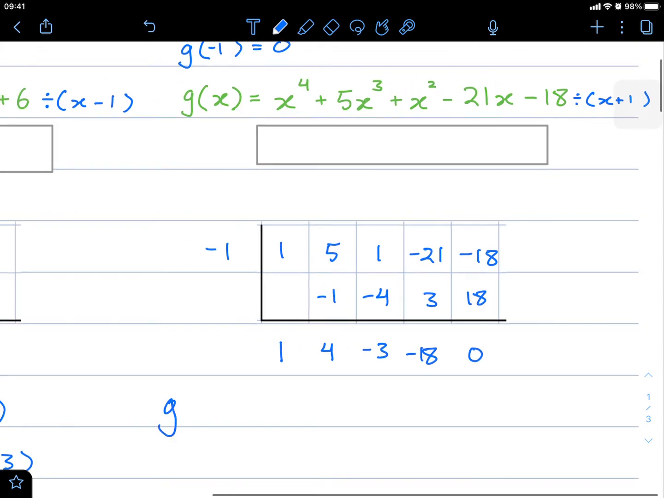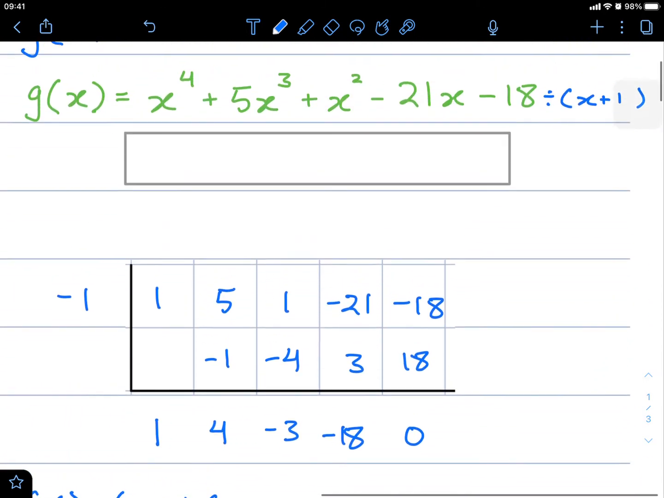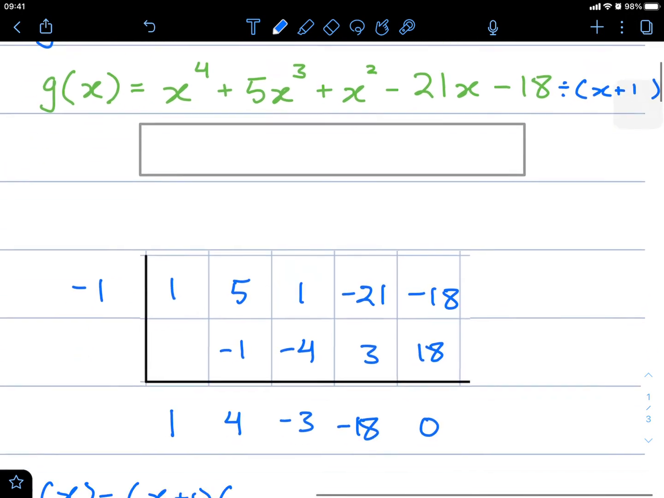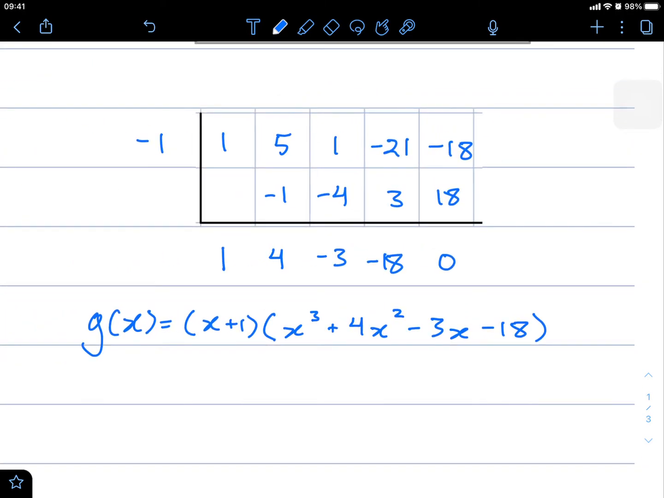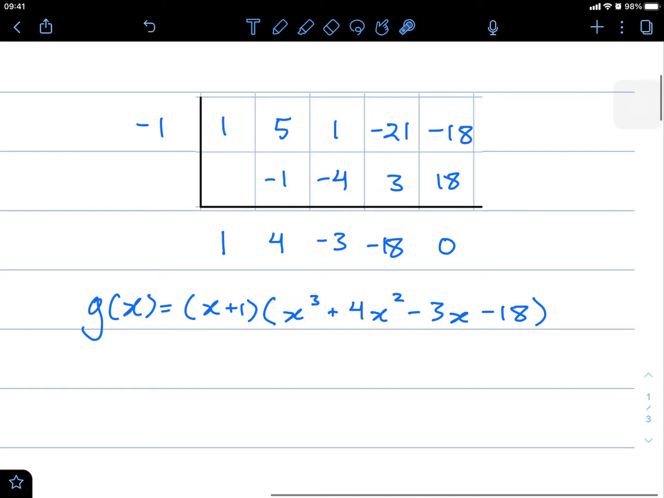So g of x, the first factor is x plus 1, and from our long division, it started at 4. Since we've divided it, this will now be x cubed plus 4x squared minus 3x minus 18. And then from here, we test yet again. We're going to divide only